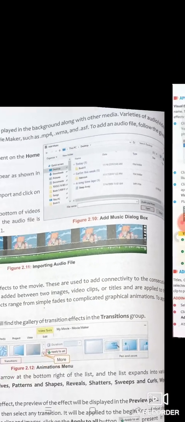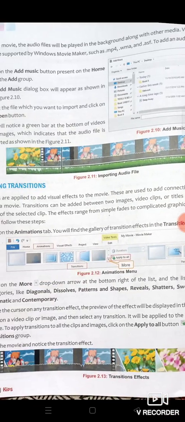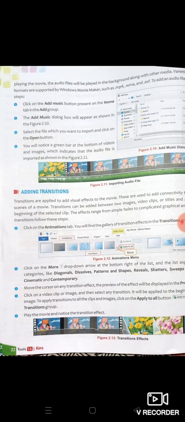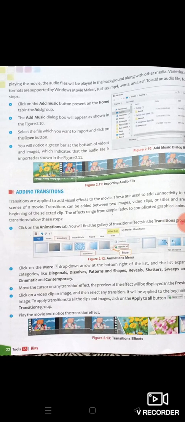Next, how you can add transitions in your movie. You all have used transitions in PowerPoint. It is also the same here. You can add effects for how a particular movie clip will come, which effect you want to add for the entrance of a particular clip, and for the exit of a particular clip.